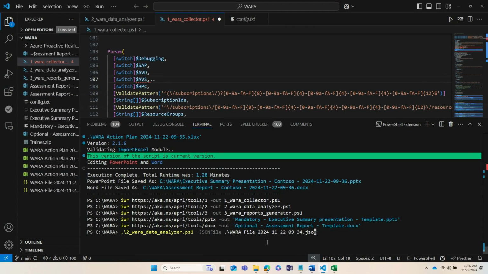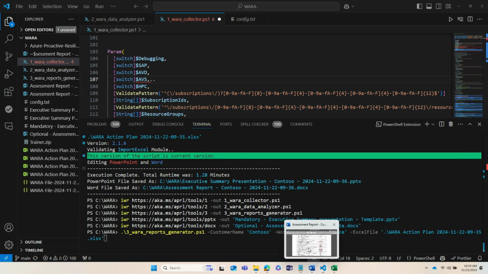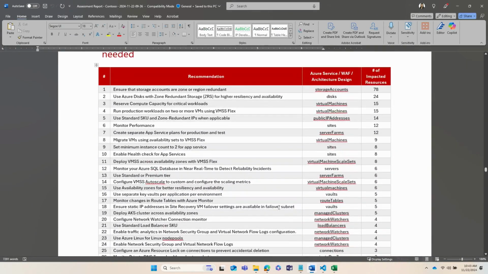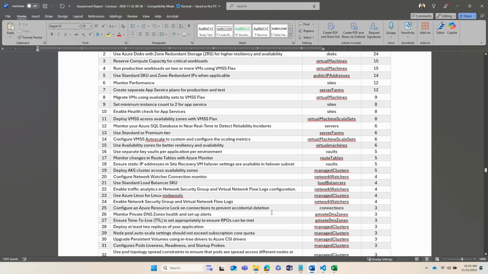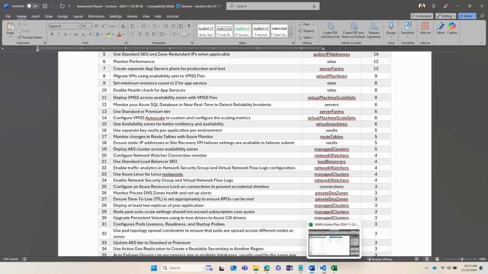You'll type something like your third script, and I'm going to pass the customer name, Contoso in this case, what my workload name is, maybe it's an e-commerce website, and the Excel file that my script number 2 just generated. And I hit enter, and in a few minutes again, it's going to give me the Word doc with the summary, again with nice visualization, and it will have sections that you still need to go and validate, and it will tell you that. For example, here